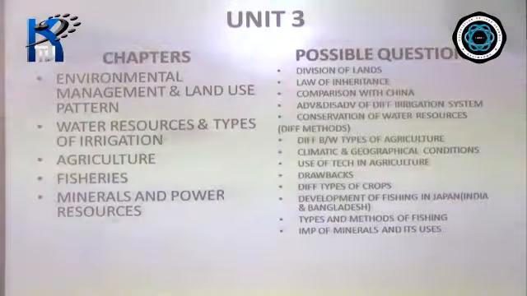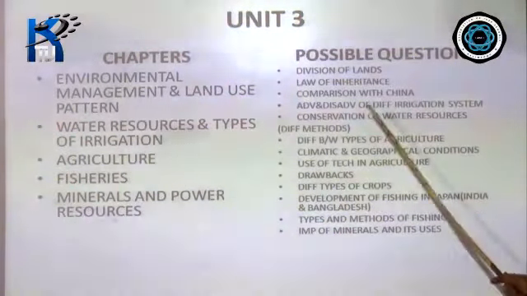It's very important when you're doing this chapter, land use pattern: the law of inheritance plays a very important role. The reason in India why the land holdings are very small is because of the law of inheritance, which means the land has been passed generation after generation, so the land is getting divided and subdivided. And it's making agriculture impossible on a larger scale, and that's all because of the law of inheritance. Then you have to compare the quality of land that India possesses with China. So that comparative study is important.